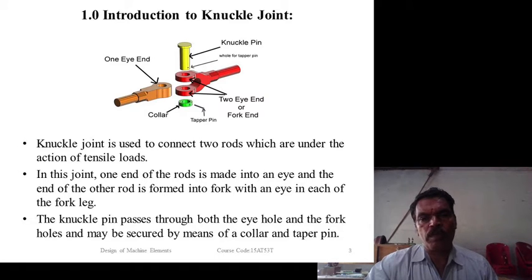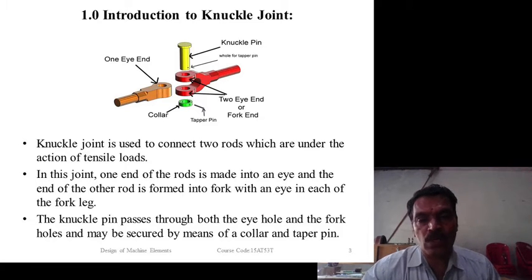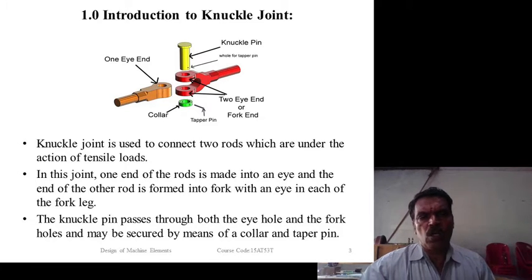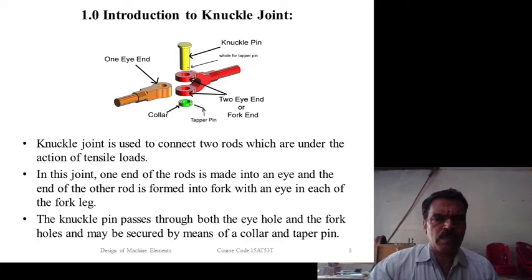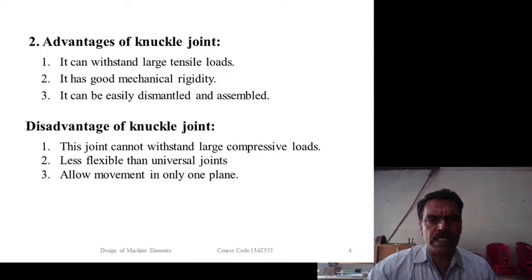Okay, so for what purpose we are going to use the knuckle joint here? Knuckle joint is used in many applications. Mainly it is used for tensile application loads, not for compression loads. Now let us understand the procedure and what are the notations that we have used in design of the knuckle joint. So now let us discuss one by one.